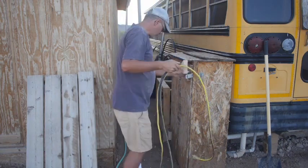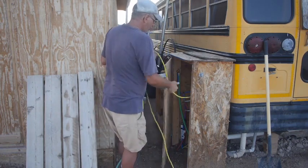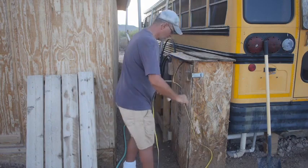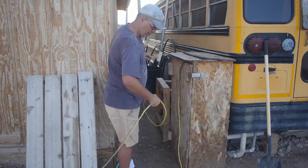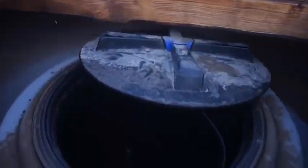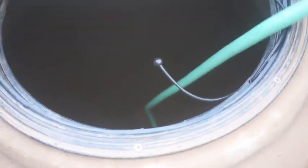So always want to be careful looking in here. I got my water pump in there, which I'm really not using very much. It also has a plug-in out here, which is nice. It'll take a while to fill this up. It's 1,500 gallons, but